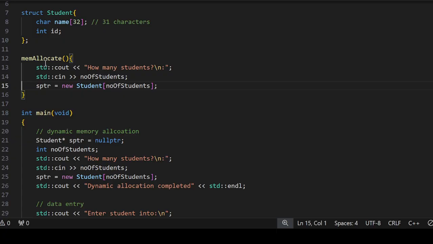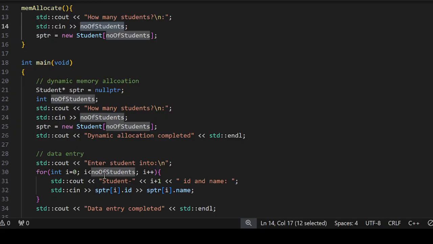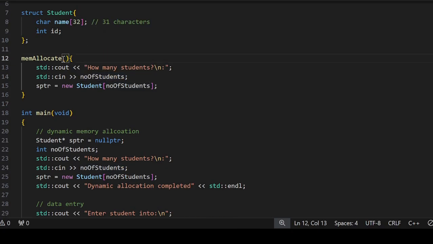and for this code to execute well, we need to have information about the number of students. This is something that we want to use afterwards, therefore it should be available in the main function. So we want to pass this number of students into the function as a reference. Let me pass as a reference